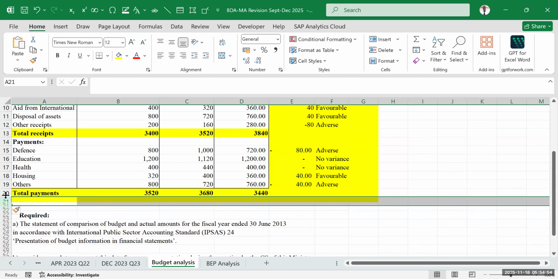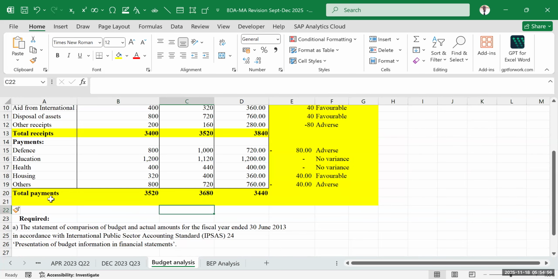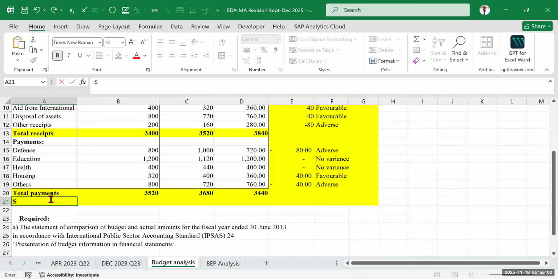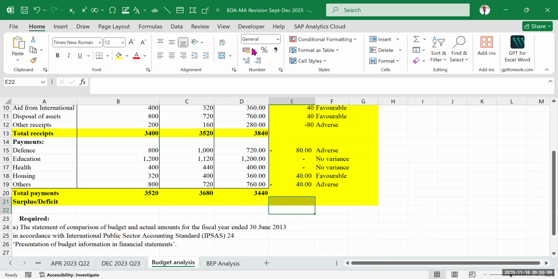All right. So we have to compare and talk about either surplus or deficit, whichever the case we want to find out there. Now I will come here and ask myself, in the first instance, when we talk about a surplus or a deficit, we are asking ourselves between what we have received and what we've spent. If you spend more than what you've received,